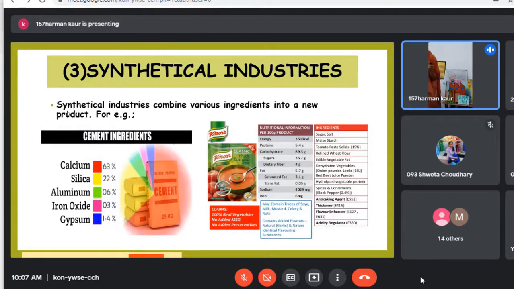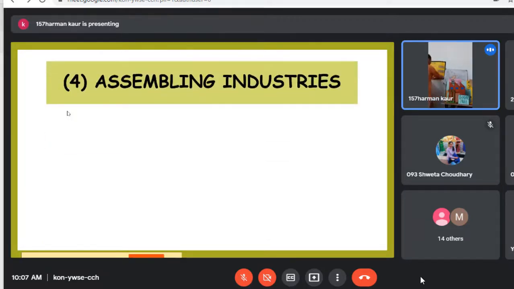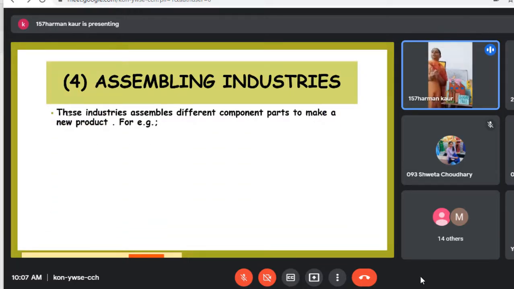And the last industry is assembling industry. These industries assemble different component parts to make a new product. Assembling industries combine different parts to make a new product. As you can see in this model,